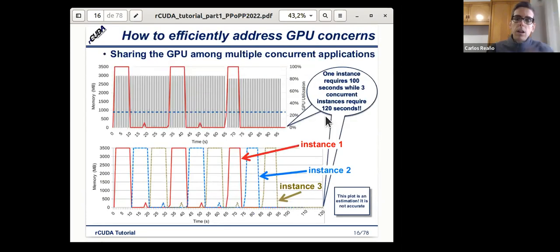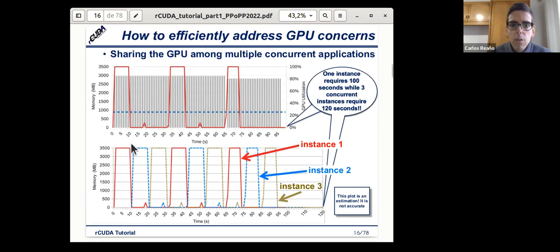So let me show you now, for instance, if we come back to the case in which the GPU was not used all the time. So one could think, okay, what if we could, while we are actually not using the GPU in this time, share this GPU with other applications?